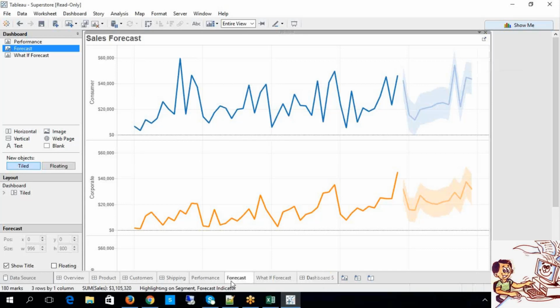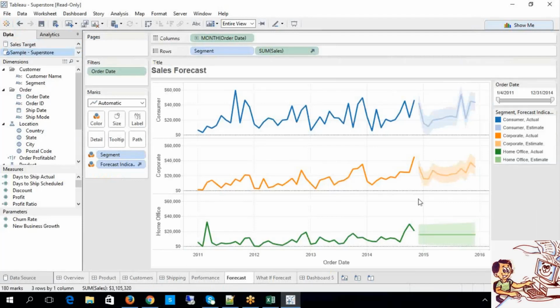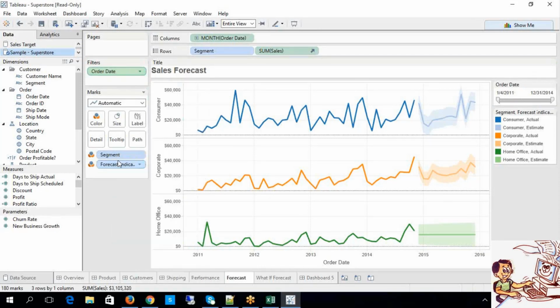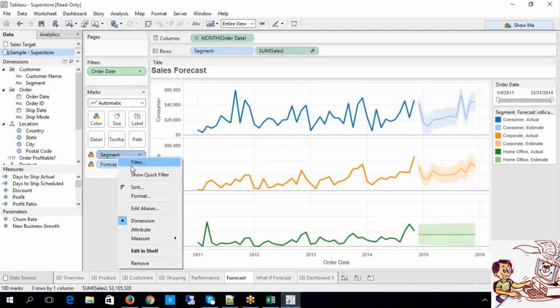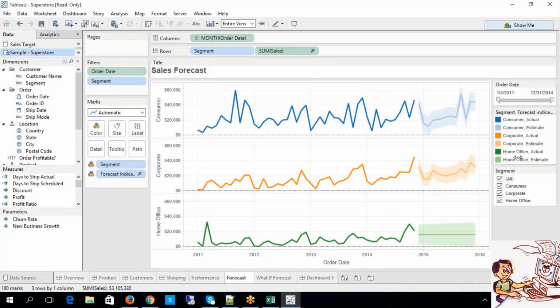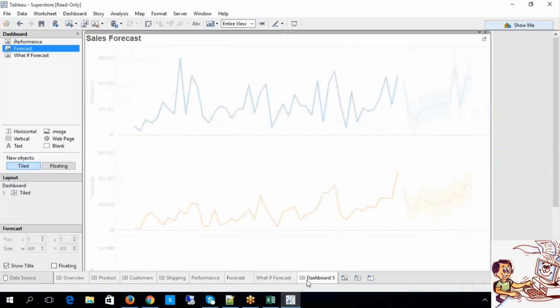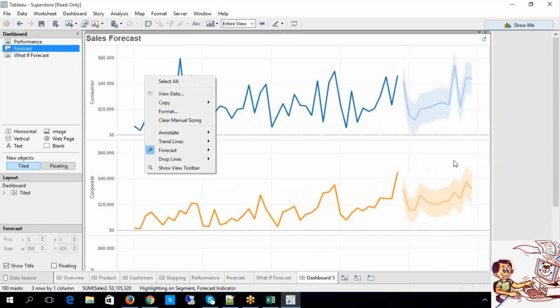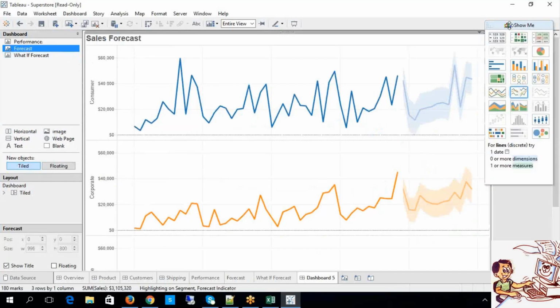Now for this forecast, what I'm trying to do here is include some quick filters, a filter on order date to the segment. Fine. Now, coming to my dashboard, let's say I would like to add some filtering criteria.